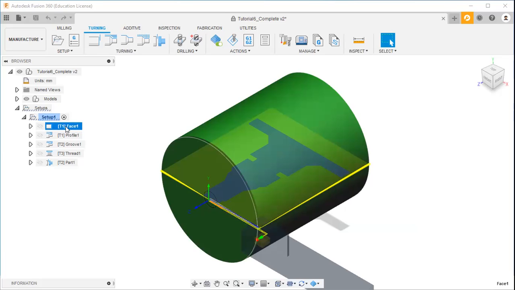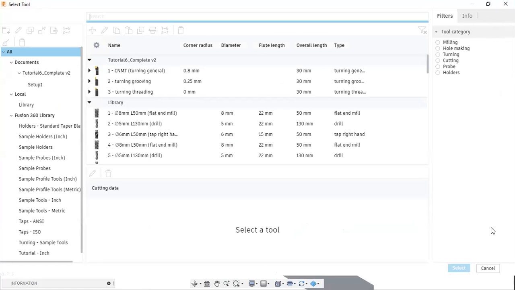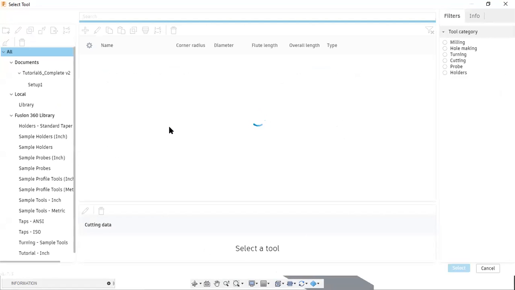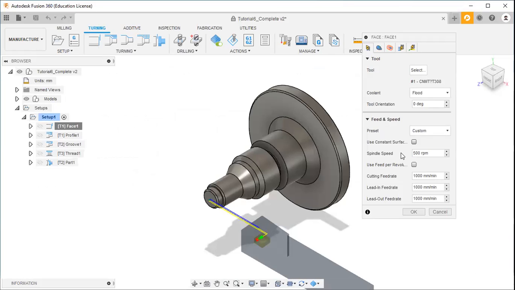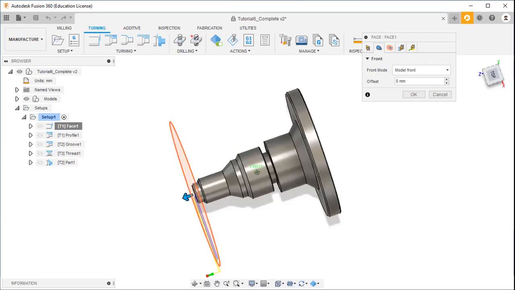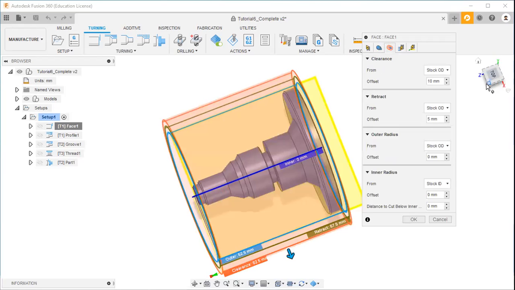I will right click this and edit this. Here you can see this is the facing strategy, and here you can see the tool. When you click this, you can see the tool, CNMT. Everything, the feed and speed, you can change here. Then the geometry, that is the model front. The offset distance is 0 mm, and then the radius, the clearance, retract, outer